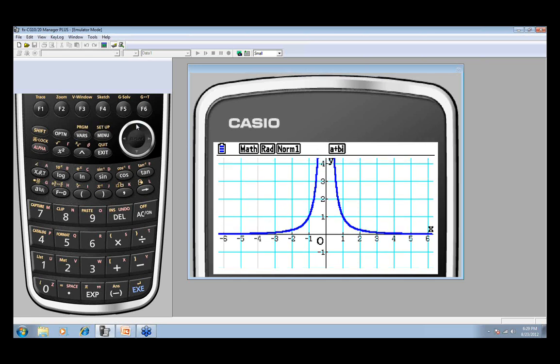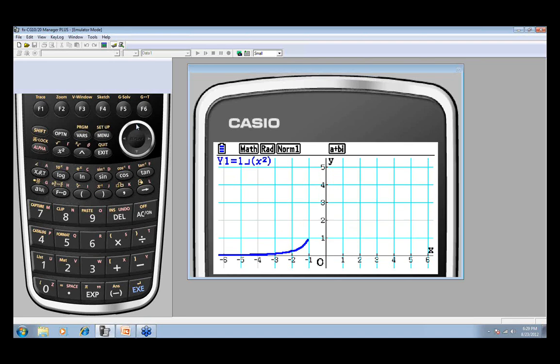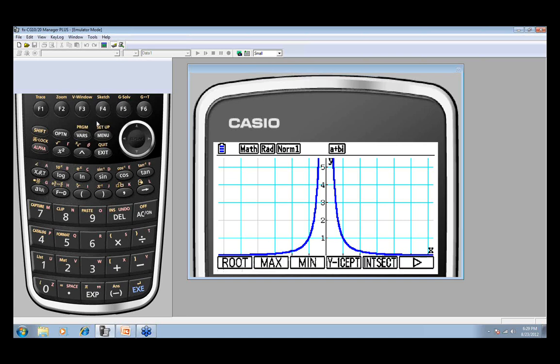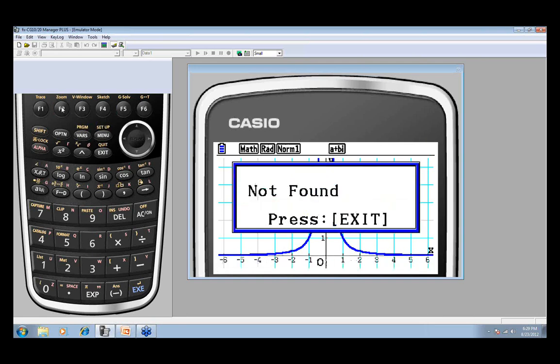I could press the arrow key up and see a little more of the graph, but I still am not convinced that there's absolutely not a point up here where this is turning and coming back down. Well, what I can do to determine that is press GSolve and press max, because if it has a max, it would take it to it. Obviously this one is apparently growing without bound, because when I press maximum under GSolve it says not found.